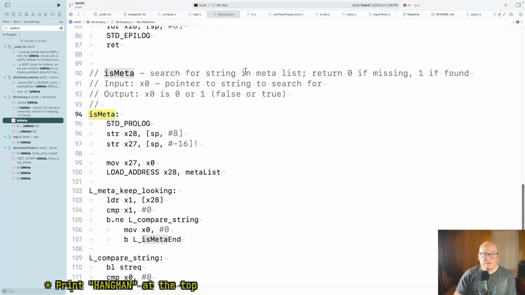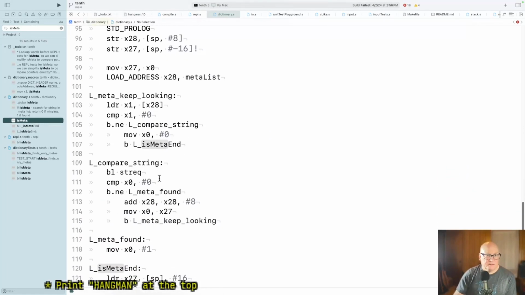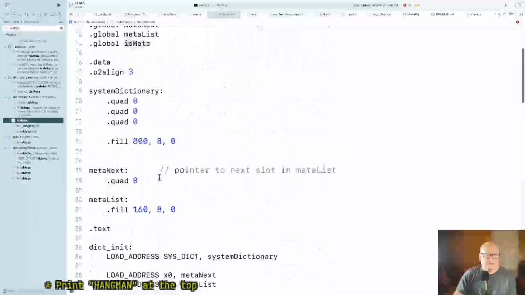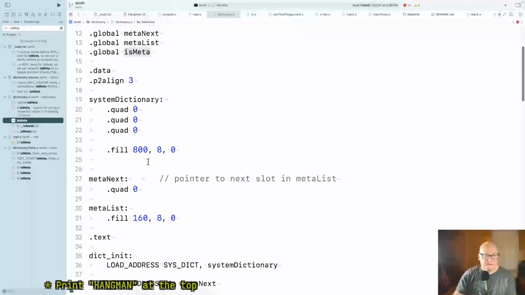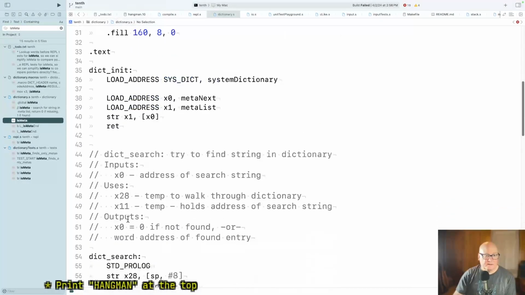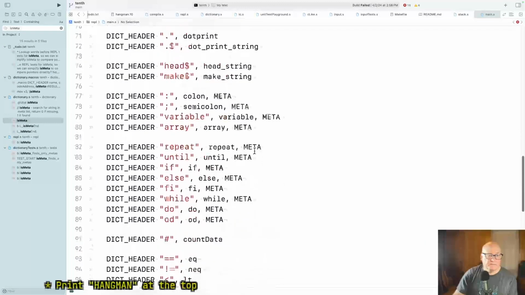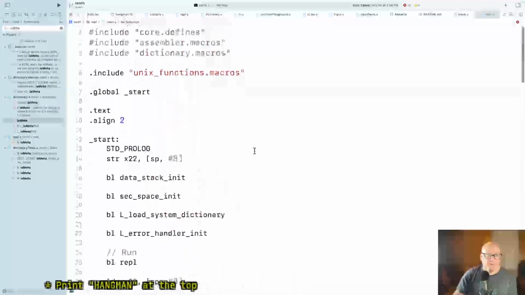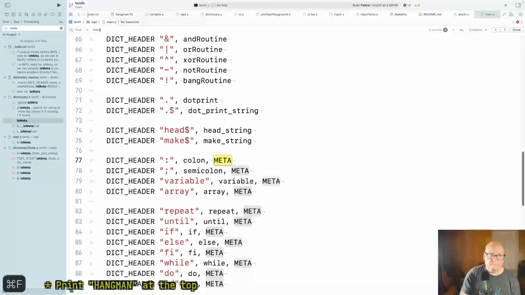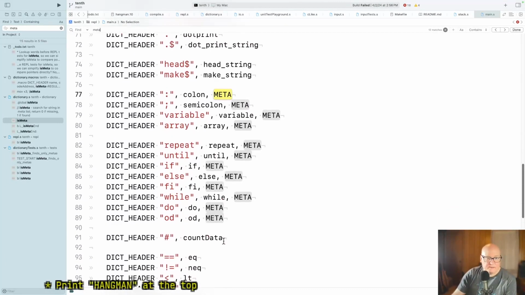Okay, search for the string in the meta list, right? And that's going to find it. So let's find the meta list. That's in main. I would expect it in main. Right. Yeah, so these things say they're meta or not. Okay. Repeat until if do while. Okay, so I think what that tells me,